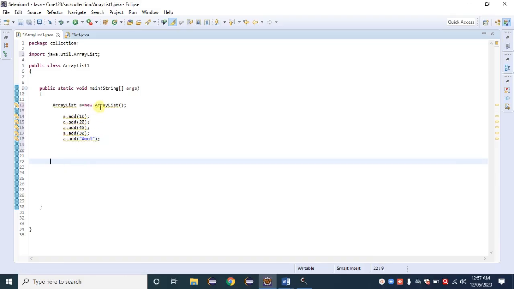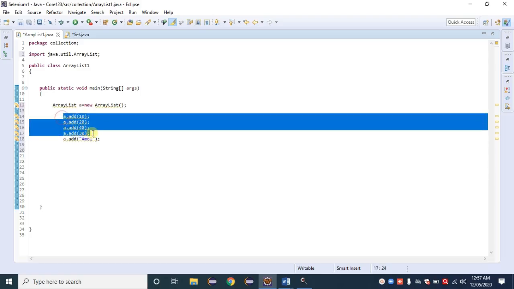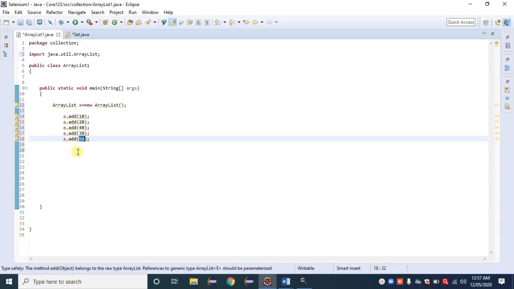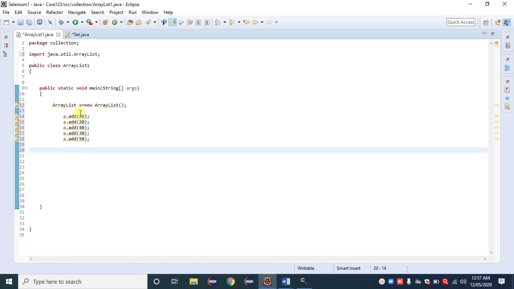Array list, or any collection, can store multiple types of variable values. These belong to integer and the last value belongs to the string family. Right now I am going with the integer one, 10 to 50.